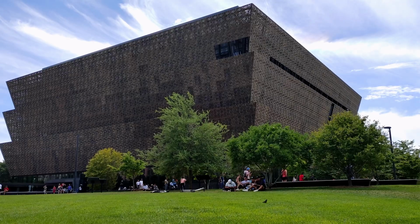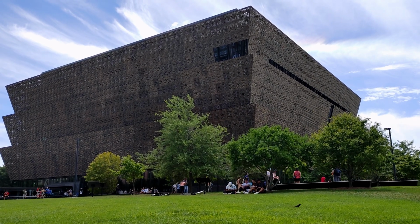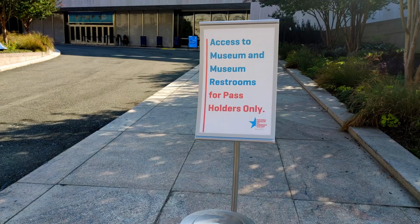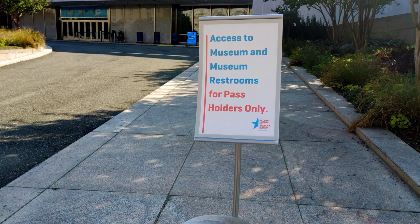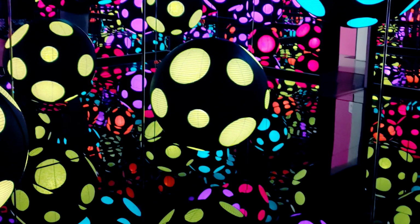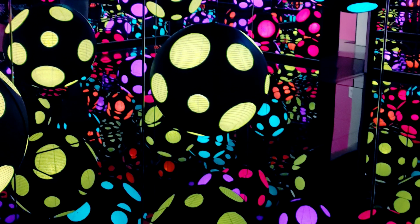So does the African American History and Culture Museum. And the ticketing system can and will change. During COVID, at some point, every single museum required tickets, though over time, many of them dropped those requirements. Sometimes individual exhibits will require a ticket, like when they had the Kusama exhibit at the Hirshhorn Museum. It's always best to double check the museum website before your trip to make sure you know what the ticketing